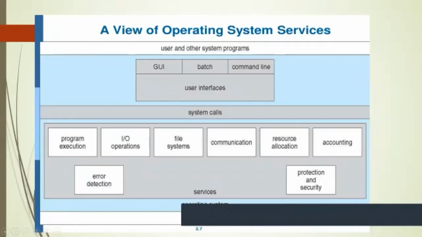Then there are system calls and program execution, IO operation, file system, communication, resource allocation, and accounting. These are the different services: error detection, protection, and security. These are different services provided by the operating system.